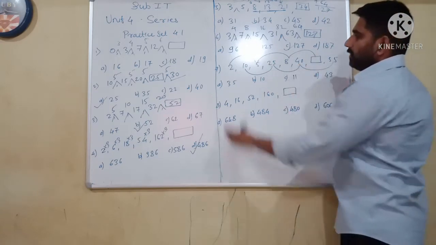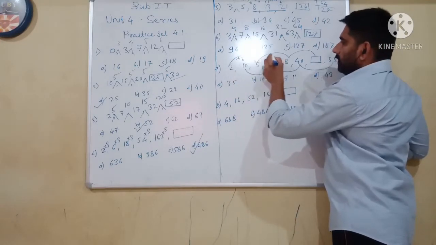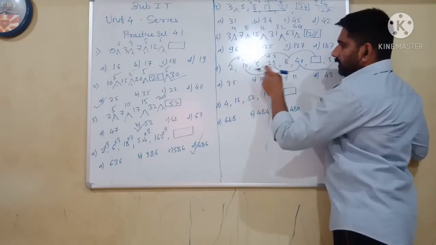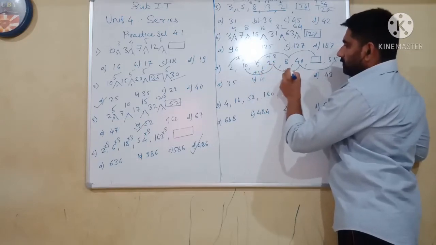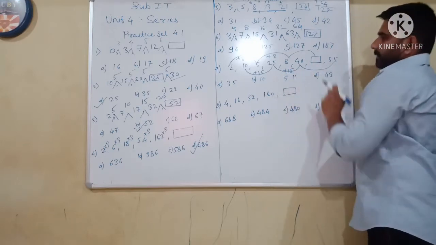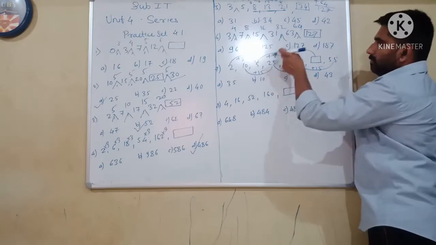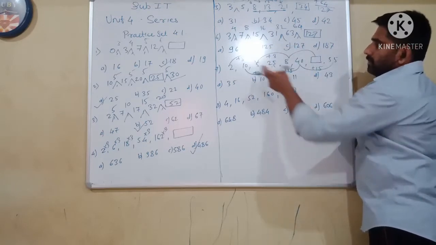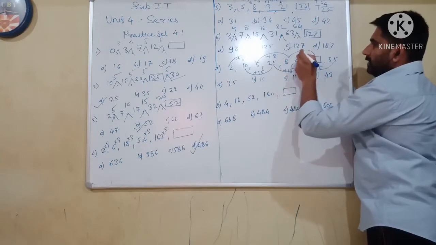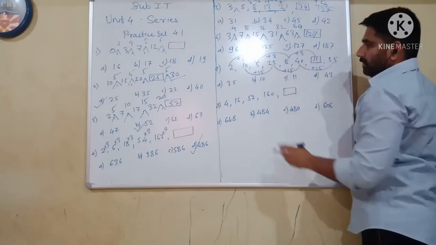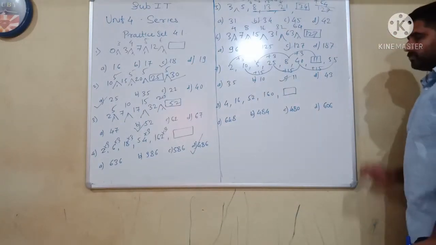So here we'll check out 2 to 3 is a gap of 1, 5 to 8 is a gap of 3, 10 to 25 it is 15, 15 to 40 it is plus 15, yes, 40. 40 to 55 again is a gap of 15. Here plus 3 is added. 2 plus 3 is 5, 5 plus 3 is 8. After 8, plus 3 will be 11. So C is our right answer.